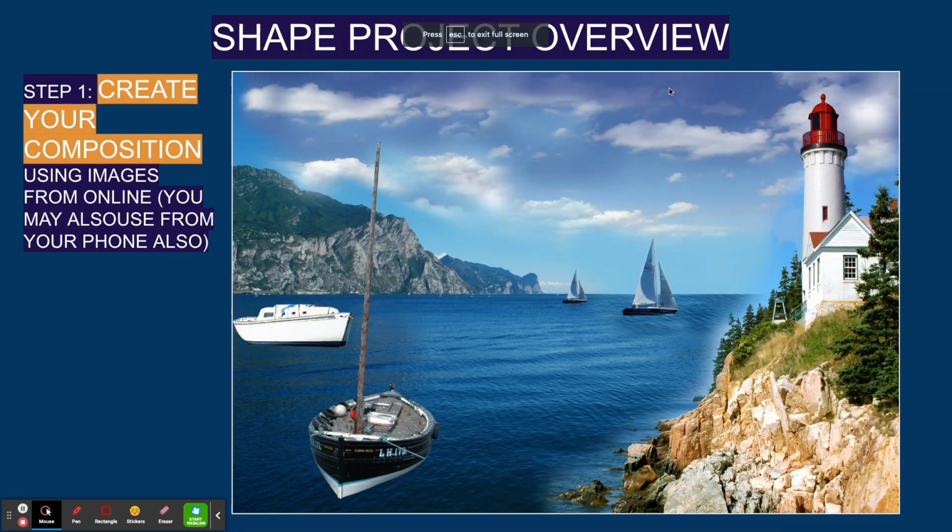So when starting out your shape project, you want to create a composition, right? The number one most important step in your shape project is starting with a very good composition. So it's really important that you do that. And from that finished composition, you're going to actually create the shape project using a tool called the polygonal lasso